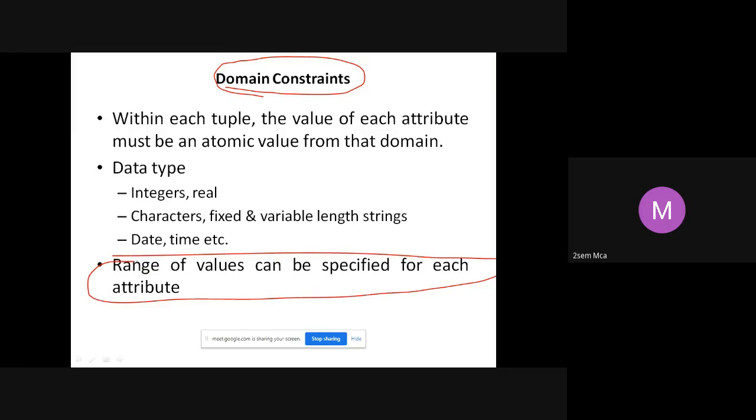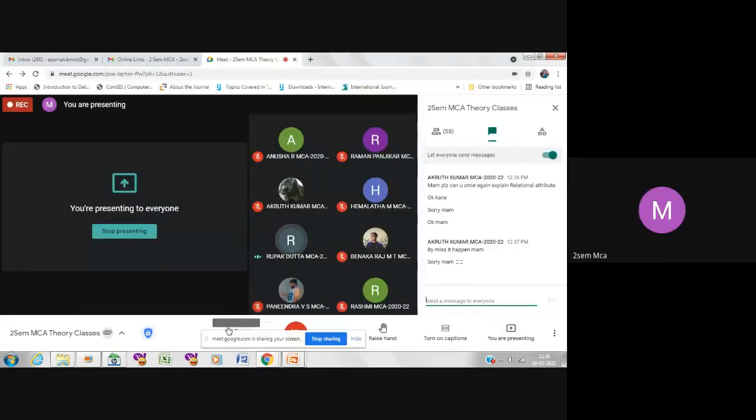Why call it a constraint? Because there is a limitation on how many values are allowed. You cannot allow every value for that particular attribute. As I told, every student should be more than 22 years of age. So anybody less than 22 years, I cannot allow them. That means there is a restriction on the values that the age of a student can take. Are you getting me? That is what you call a domain, right?